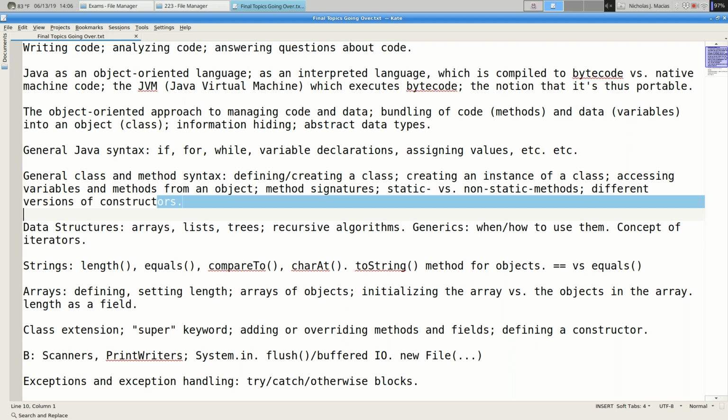All right, so exceptions and exception handling. If you don't do anything else and you get an exception, you just get an ugly message from the JVM saying exception, gives you a stack trace, and your program exits. So if you've got a set of code that you think might throw an exception, you can put it in the try block, right? And the general setup is